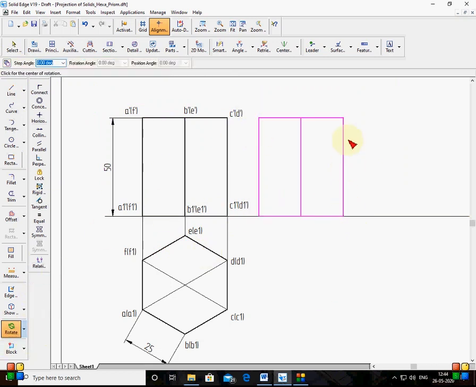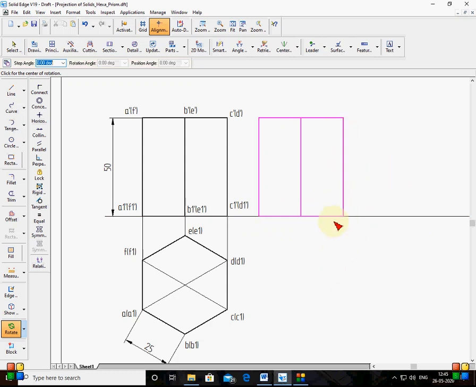I'll choose this. I want this end, the same C1 D1 disk. Can you see here, this end? See my cursor. This should be on the XY line because it should be in HP, so this should go above. That means what is the angle of this one? This angle is how much? With the axis angle 45, this angle is 45.